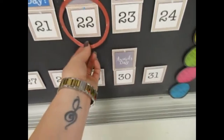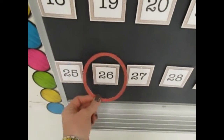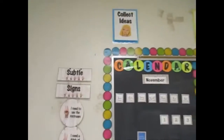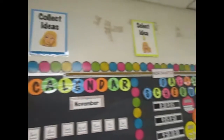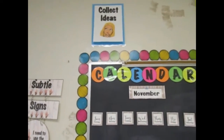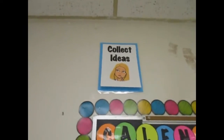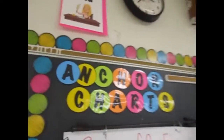And then I just have one student pop it on the next day as the days go, which I actually can put on Monday because we're not gonna be here until next Monday. So then up here I have my own Bitmoji, and I just printed these out with the steps needed in order to create a writing piece, whether it's an essay or a fiction story or anything. So you start with collecting ideas, selecting an idea, develop that idea,